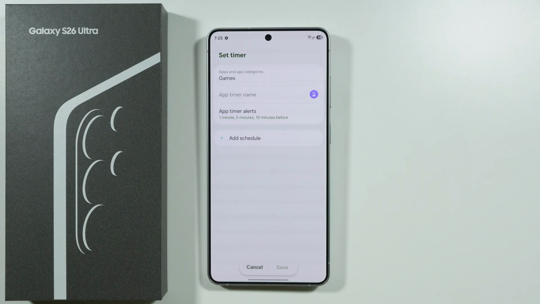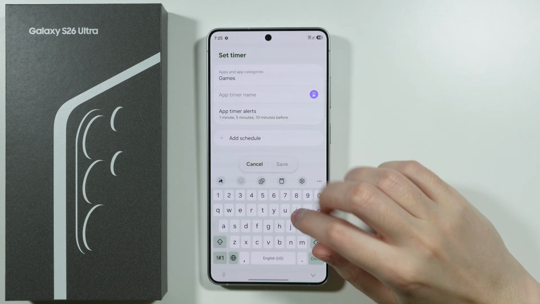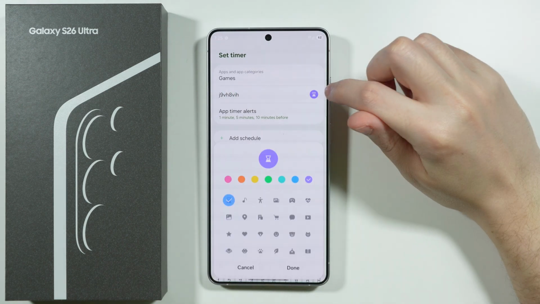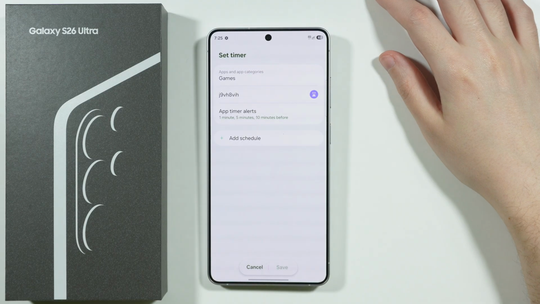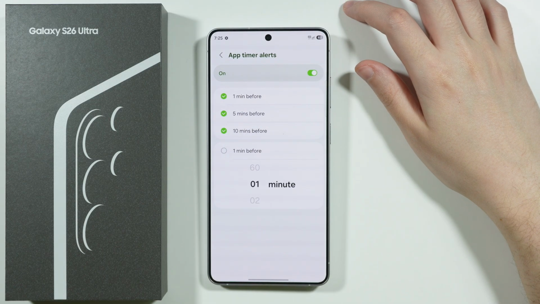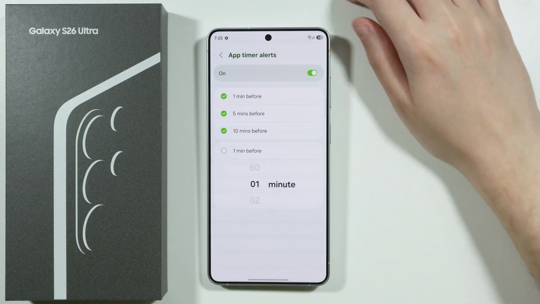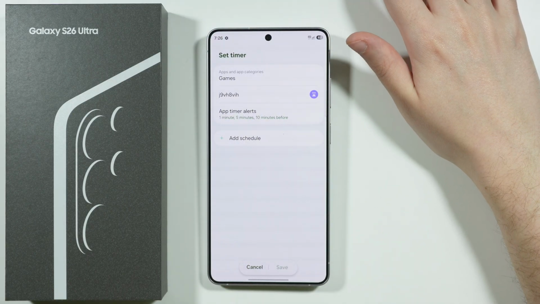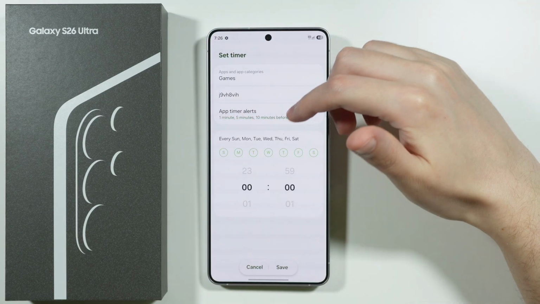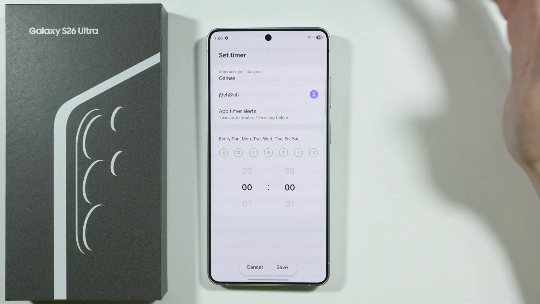You can create multiple timers with different apps if you want to have different timers for different apps on your phone. Of course, after that we're gonna set up the name for the timer. You can also tap on the icon on the right side in order to adjust it. And we can also use app timer alerts in order to be informed that you are about to run out of time. You can also create a schedule in order to, for example, choose a different timer for different days